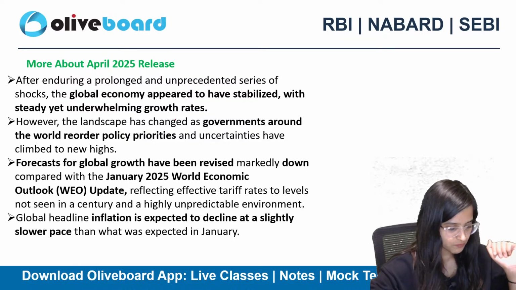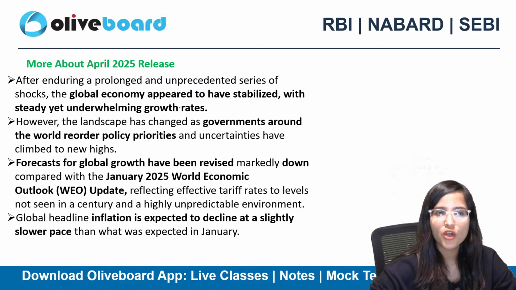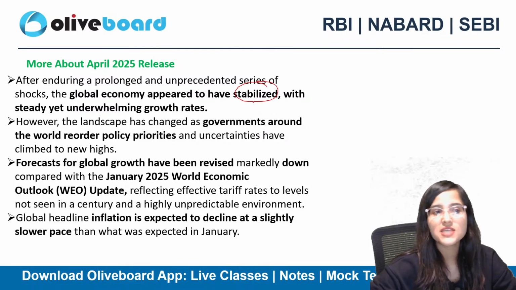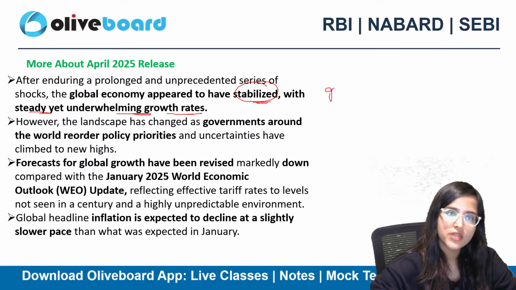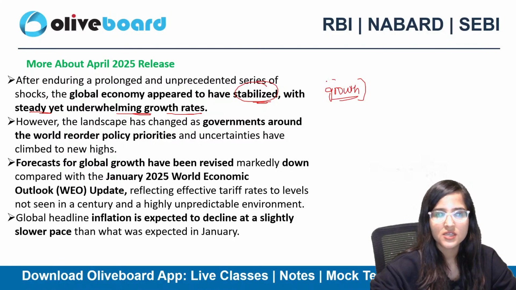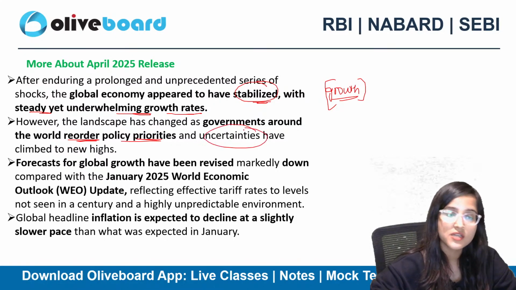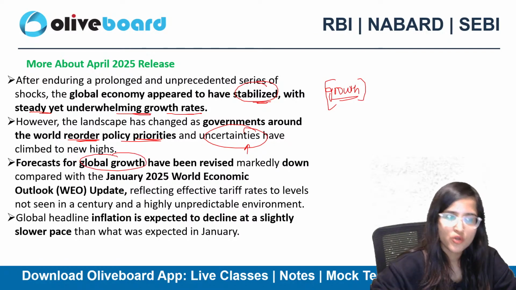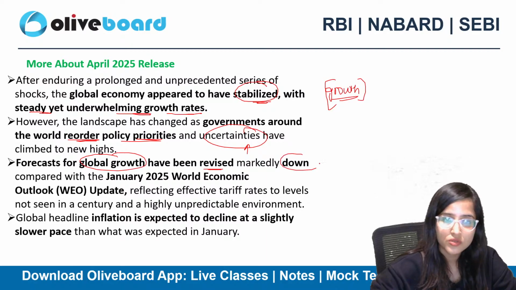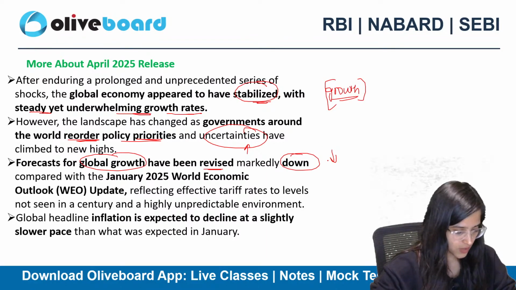Okay, fine. So what they're saying is the global economy has appeared to be stabilized, but with steady yet underwhelming growth rates. We are not sure that the growth rates are going to hold; as of now it is steady. Governments around the world reorder policy priorities and uncertainties have also increased. ठीक है, the forecast of global growth has also been revised down. So we have reduced the forecast. We are going to see in the next few slides how